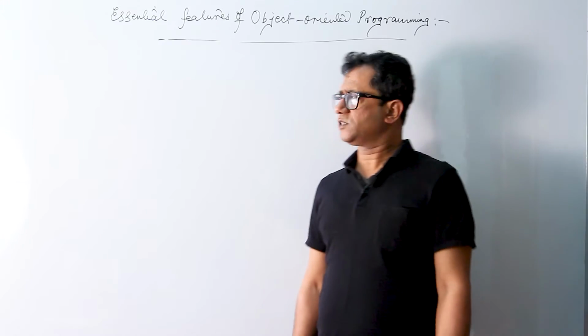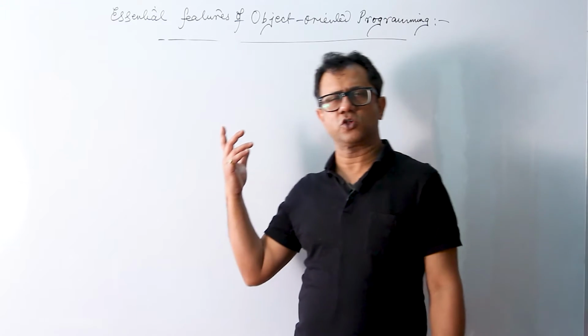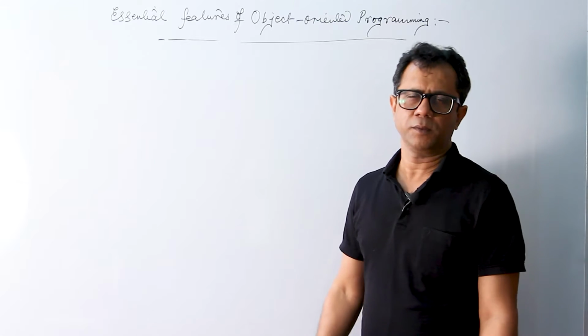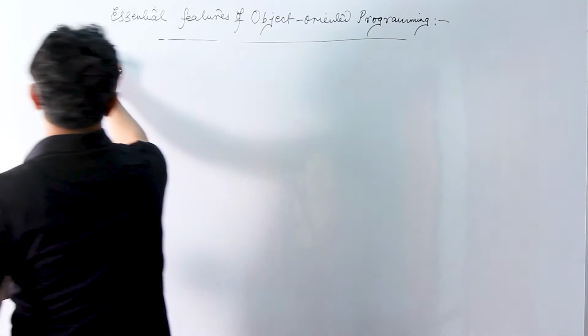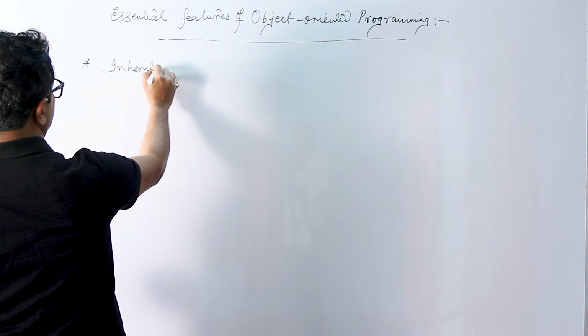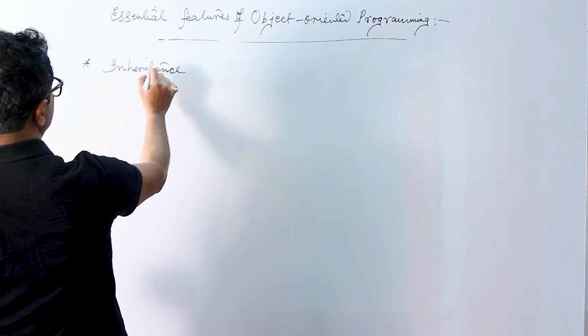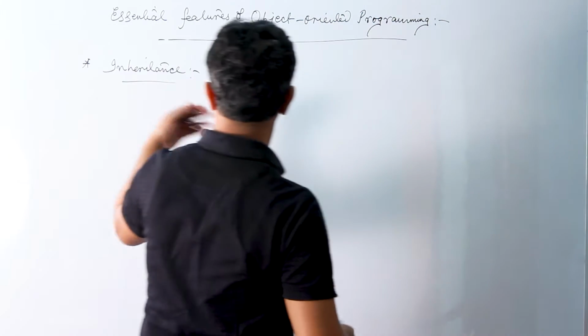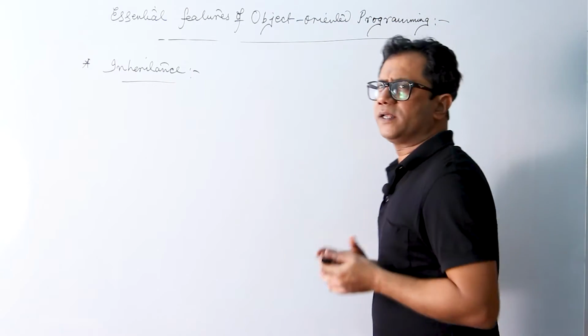Hello friends, in this video I am going to discuss some of the essential features of the object oriented programming paradigm. So the next feature is nothing but inheritance. What is the meaning of inheritance? I am just going to discuss it in a very brief manner. Inheritance is nothing but